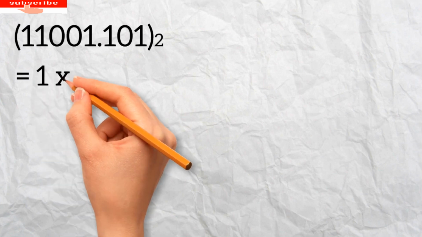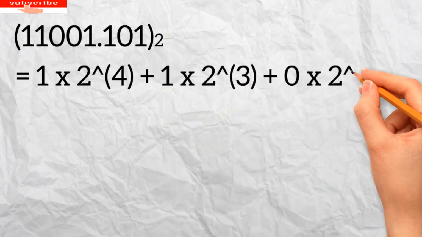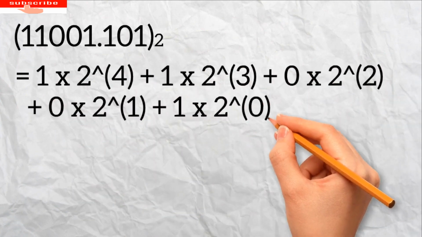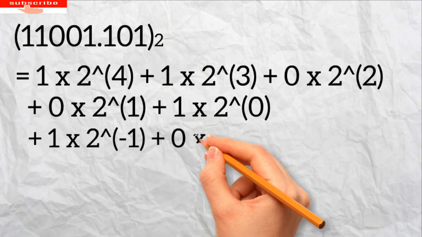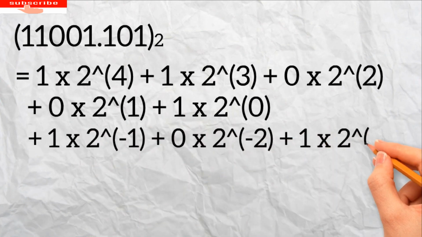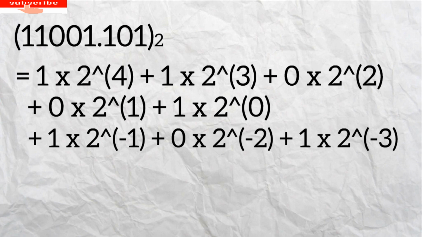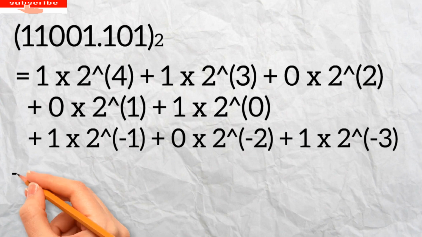11001.101 base 2 equals 1 into 2 to the power 4 plus 1 into 2 to the power 3 plus 0 into 2 to the power 2 plus 0 into 2 to the power 1 plus 1 into 2 to the power 0. And moving to the bits after the decimal point, we get 1 into 2 to the power -1 plus 0 into 2 to the power -2 plus 1 into 2 to the power -3,